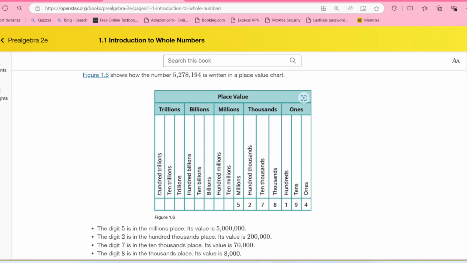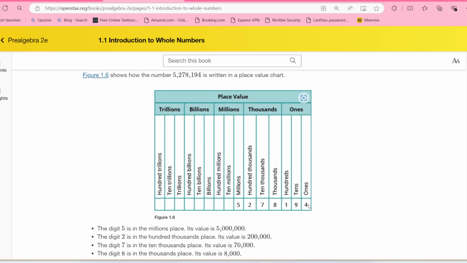And finally here, and it does continue on to the left, there'd be quadrillions, quintillions, and so on for higher periods. But they end with the 100 trillions, and 100 trillion is 10 10 trillions. So like they were saying, each place is 10 times the place to the right of it. Pardon me. So then they write down the number